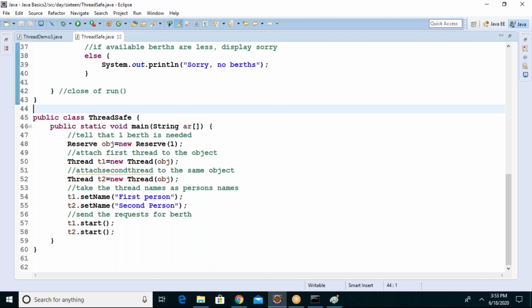Let me take another example. Now you are dialing my number, and I am already busy. So you will disconnect and try again. Still I will be busy. You will disconnect again and try again. Still I am busy.